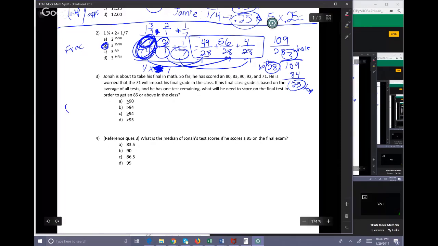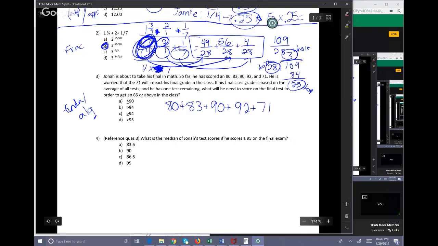3 is a combination of fundamentals and algebra. In fundamentals, we discuss averages and how those work, but you had to be more creative with this one because you don't know what one of the numbers is. The way that this problem sets up, I take all the numbers that I do know and I start to add them together, and I show that visually so that I can see that happen, because you know that you're